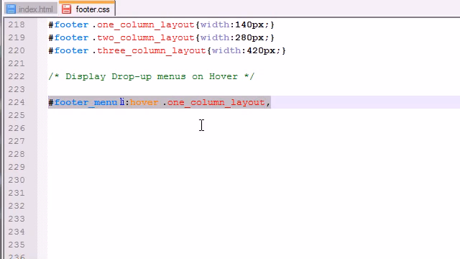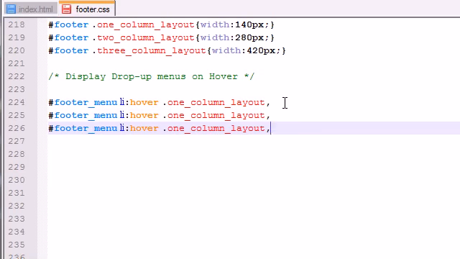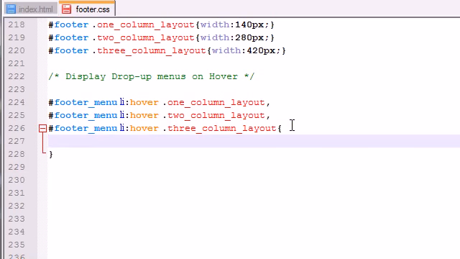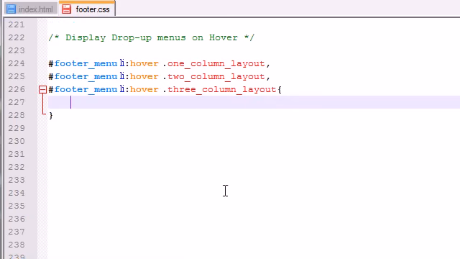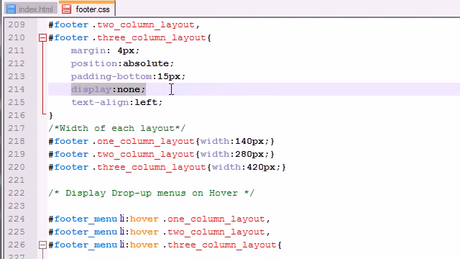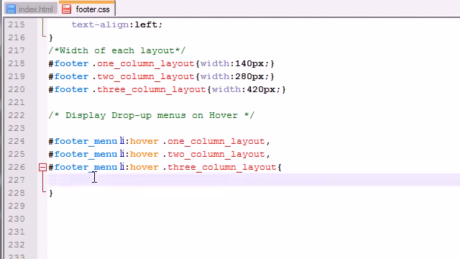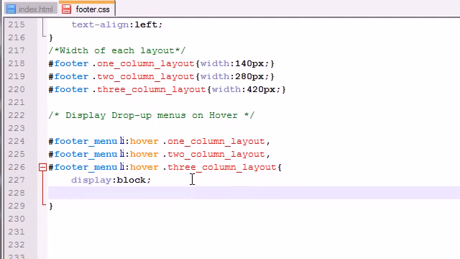So whenever you hover over a button that has the one column layout, the two column layout, or the three column layout, that's when you display it. So the first thing we want to do is set the display, because by default it's none and we want it to display. So go ahead and just change this to block, and that'll make sure that it appears on the screen. Now the next thing that you want to do is, it's going to be position absolute, but what